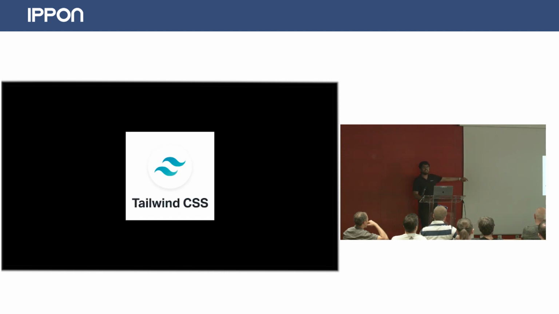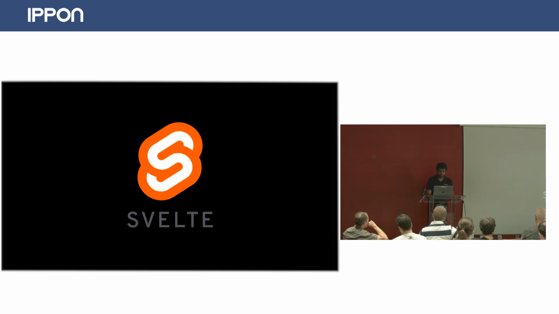How many of you have heard about Tailwind CSS? Front-end devs here? Nobody? No front-end developers here? Okay. So Tailwind CSS is something that kind of changes everything with respect to Bootstrap. We all love Bootstrap because it's much simpler, and all the applications that we generate currently have Bootstrap. But Bootstrap uses component styles, whereas Tailwind CSS is just CSS. It has nothing inside, just CSS, and it's really awesome. If you want to check it out, give it a try. Svelte. What is that?